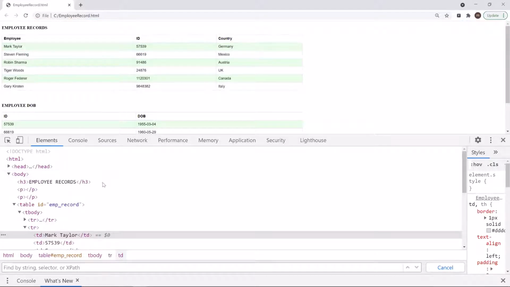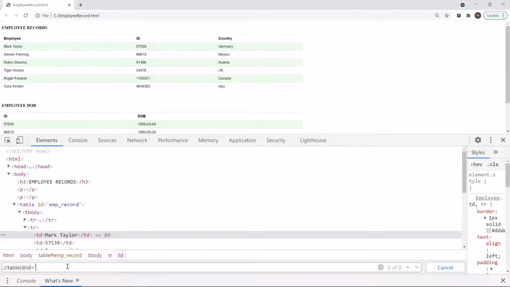Today in this video, we'll discuss XPath functions and wildcards. In our last video, we saw how to use different XPath axes to locate elements. Now sometimes we need different methods or wildcards to create the XPath expression for locating the web element. Let's see how we can use those methods or wildcards in creating our XPath.